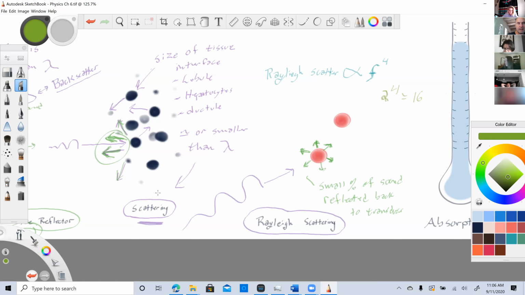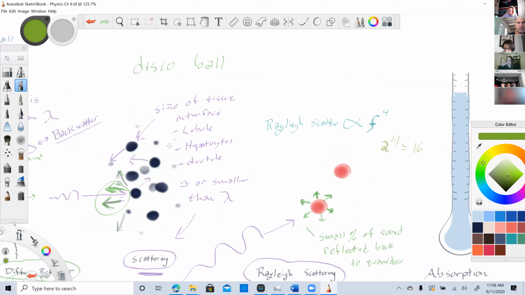So in regular scattering, let's see, where do I have room? Under the disco ball. I don't know what the exact relationship is. The book doesn't tell me and I've never looked it up, but an increase,